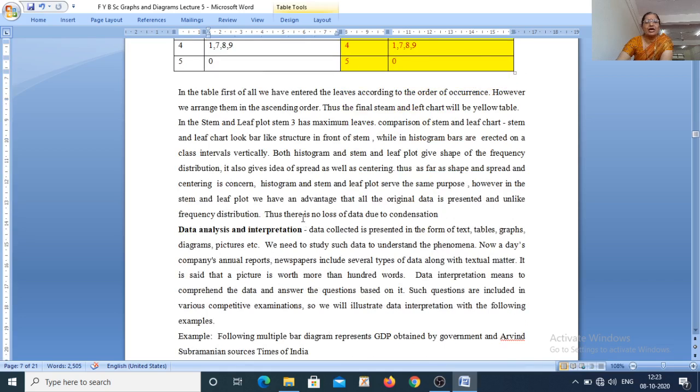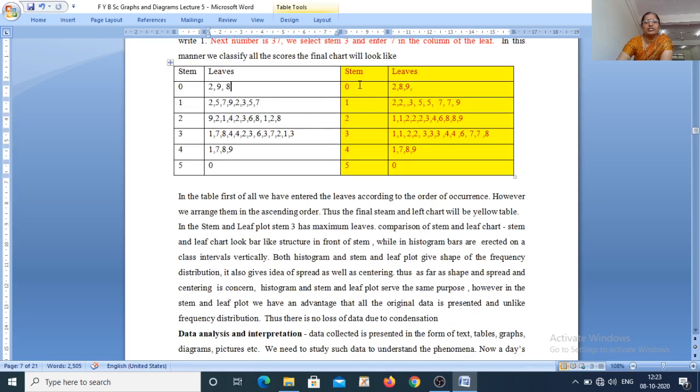So, the stem and leaf chart is just like a histogram. Now, can you see? This particular graph looks like our bar graph in a horizontal manner, but this stem and leaf chart is just like a histogram. It also shows what the center of the distribution is, what the spread of the observations is, and what the shape of your data set or frequency distribution is. That can be easily seen through this particular graph. So, there are too many similarities between the histogram and the stem and leaf chart.